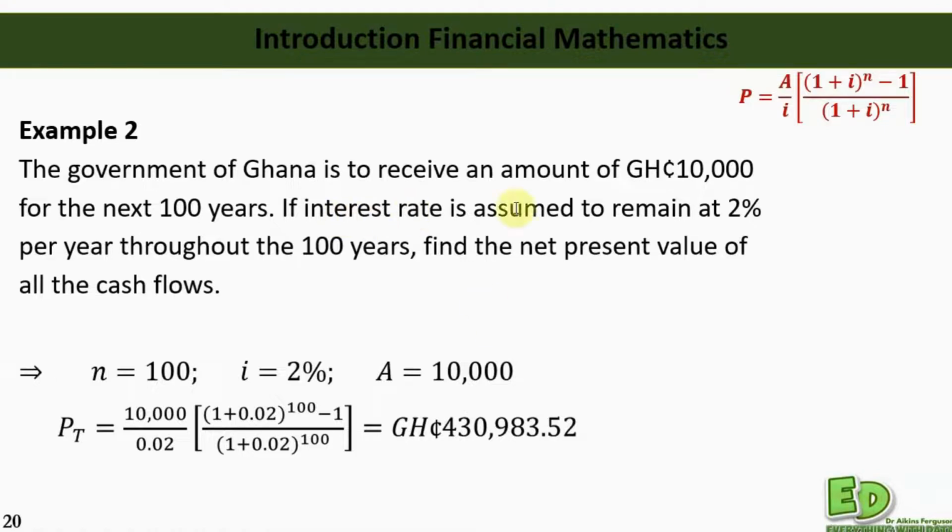We know that the annuity, or the A, is 10,000, because it is 10,000 throughout the 100 years. So it becomes an equal payment, an amount that I receive every year for 100 years. So n, the number of years, is 100, the interest rate is 2, and the annuity is 10,000. You put it in the present value of a uniform cash flow formula that we learned earlier, and you will get